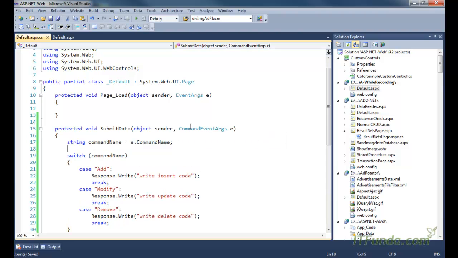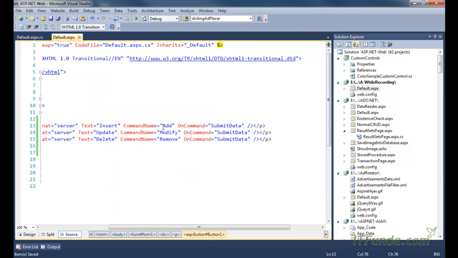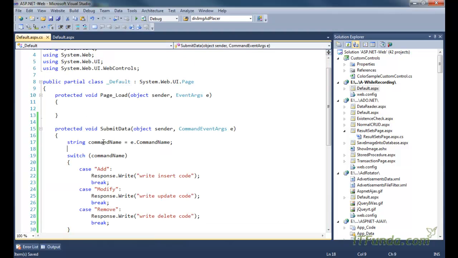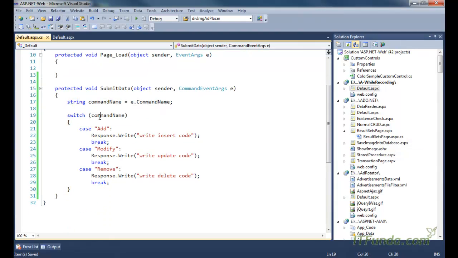Now to access the command that I had specified in the ASPX page, for example add, modify and remove, we need to use that event argument and then access its CommandName property. So here I have accessed the CommandName property and saved it into the command name string variable. After that I am just using a switch statement to figure out what command name I am receiving, and based on that I am writing the proper statement on the page. Let's see this